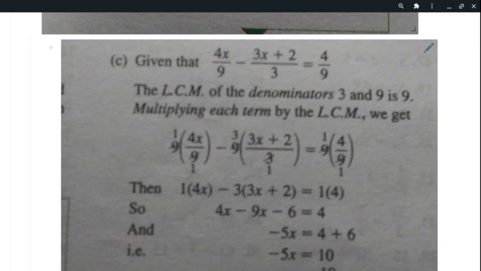And now we have the last movie to watch, which is a trilogy. We have 4 divided by 9 multiplied by the LCM. 9 into 9 goes 1, so we're only left with 4. Right. Now you can see our new equation that we have is essentially 4x minus 3 bracket 3x plus 2 is equal to 4.